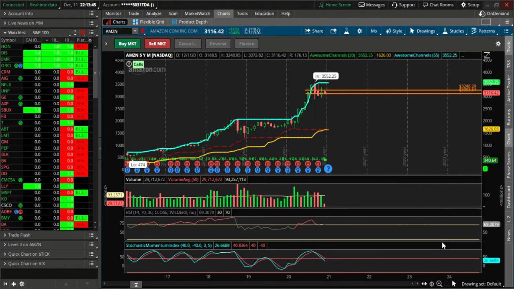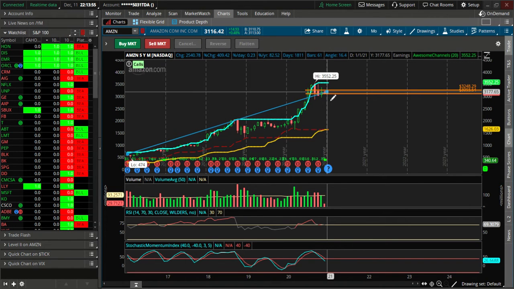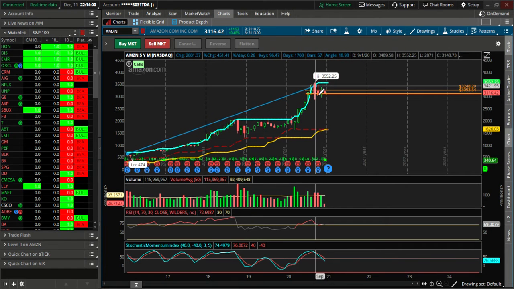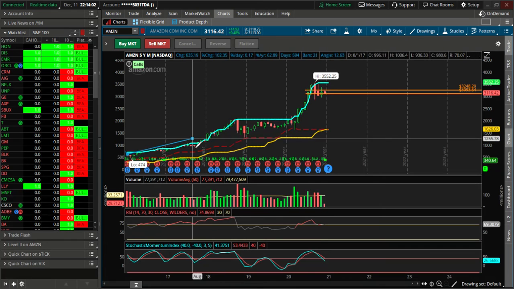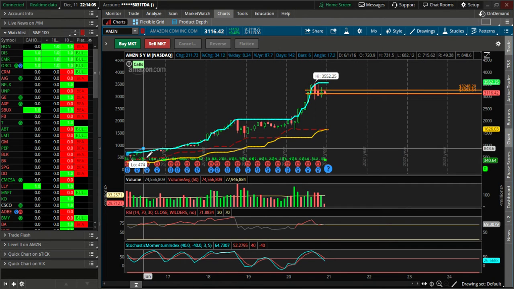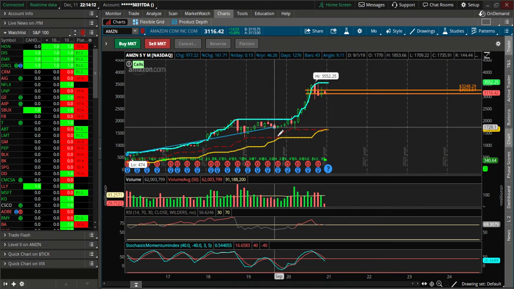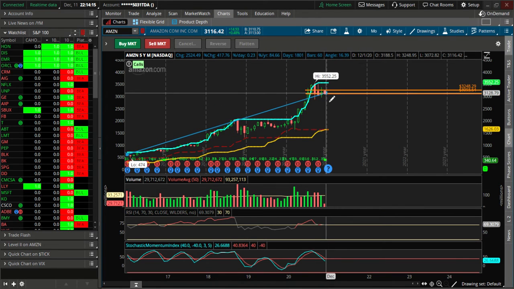So using Amazon here, I'm going to get out my trend line tool. I'm not going to make this perfect by any means, but it's not even doing the math for me here. Why is this thing not doing the math for me? It just said that it's up so much it doesn't matter anymore. Okay, so